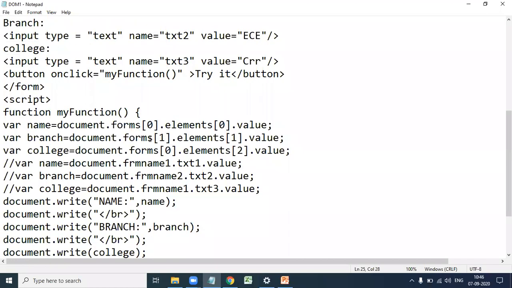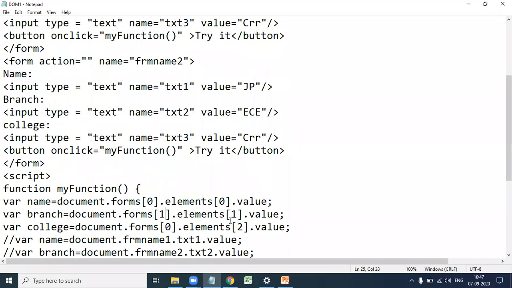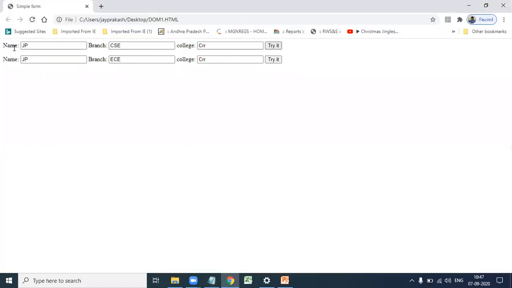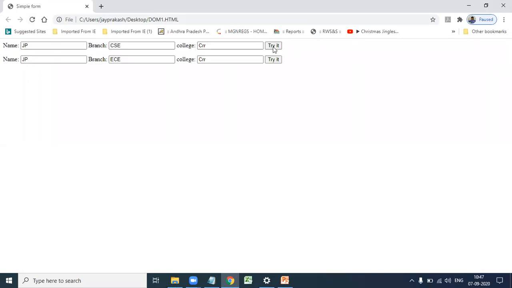Next, elements[1], that is the second element in forms[1], the second form, means ECE. So let us execute this again. So here JP ECE.